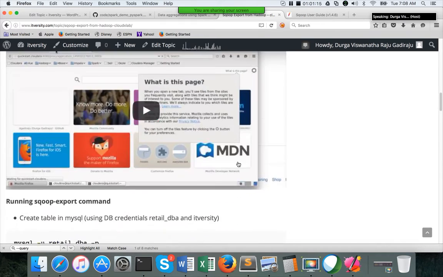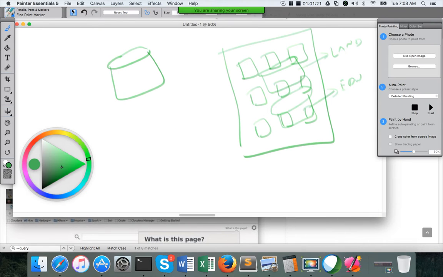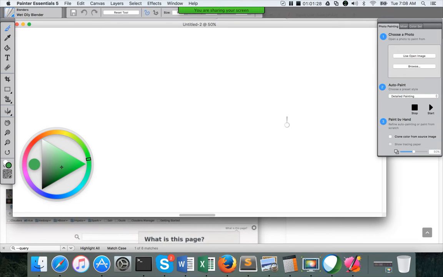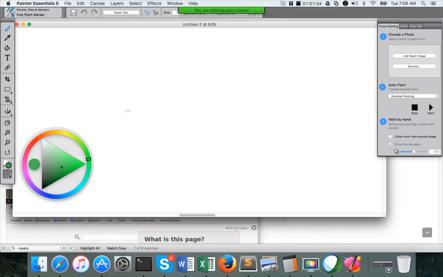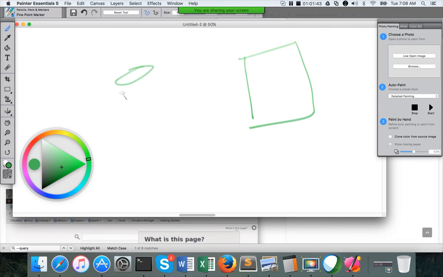Okay. So first let us understand the way it will run, work. For that I will be doing the whiteboarding here. So this is our Hadoop cluster, and this is our database.